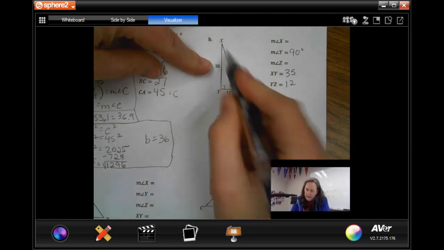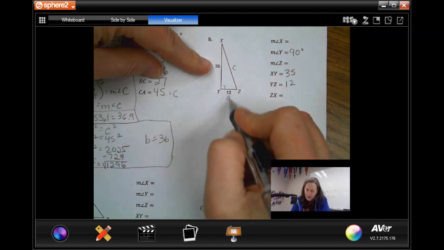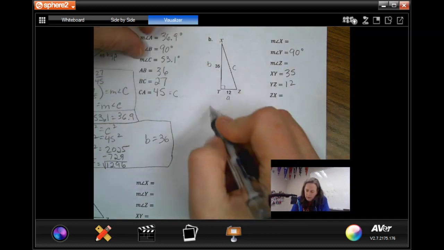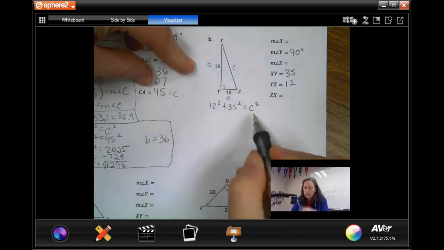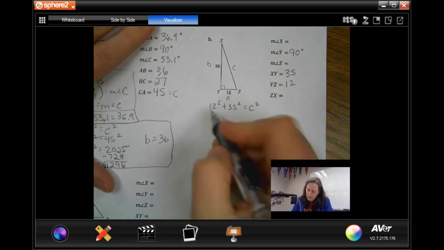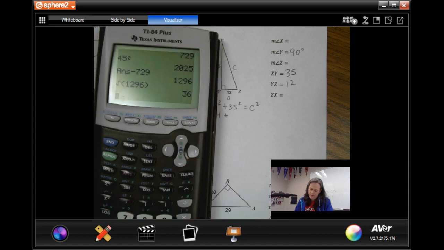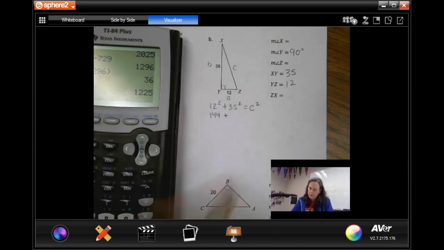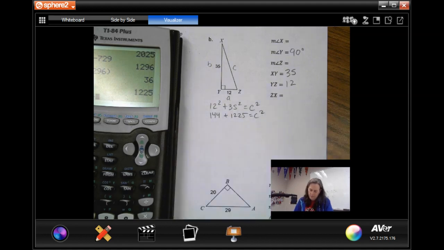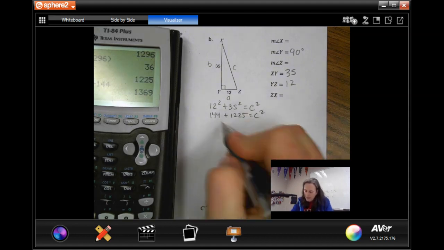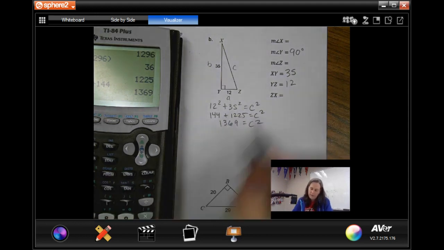So this side is the piece that's missing. I'm going to mark that C. I have an A. This can be my A and this can be my B. So 12 squared plus 35 squared equals that missing piece squared. 144 plus 35 squared is 1,225. And if I put them together, 1,369. So we need to then